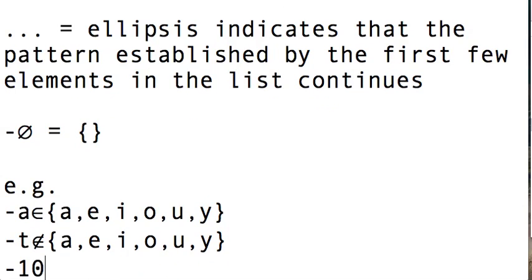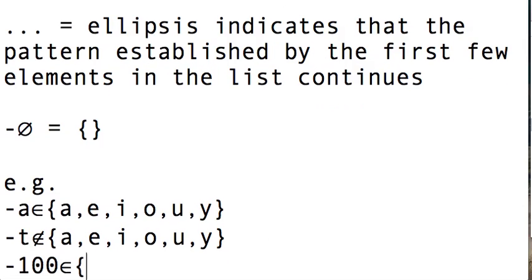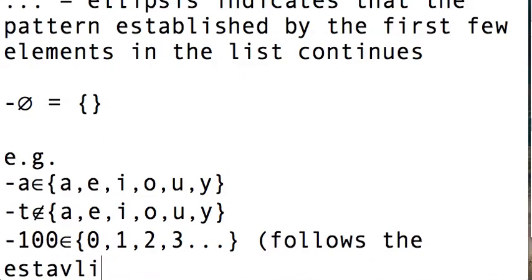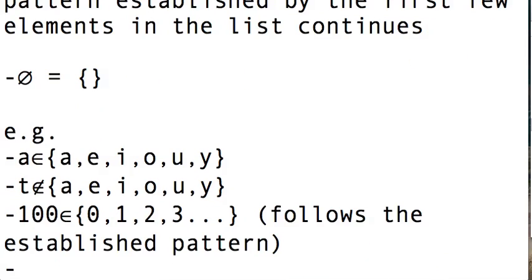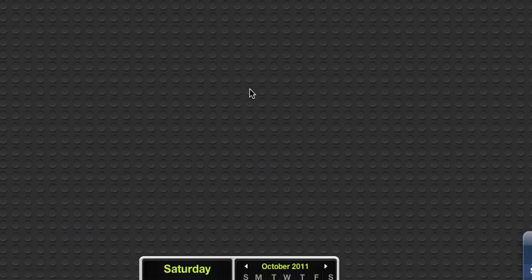Or, say, the number 100 is in the set of counting numbers because it follows the established pattern. Whereas the number, 1 point whatever,